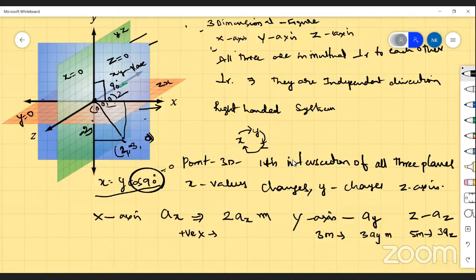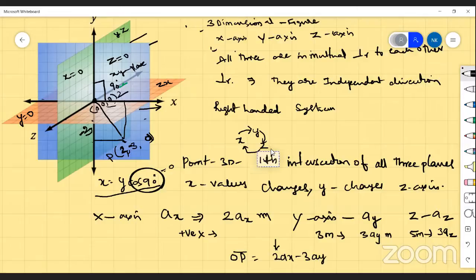So how do you represent it? Instead of saying that it has moved from the origin 0, 0 to this point, let us say P, I simply say OP bar is equal to 2ax minus 3ay. What does it represent? It is 2 units along x direction, minus 3 units along negative y direction. So this is what it indicates.